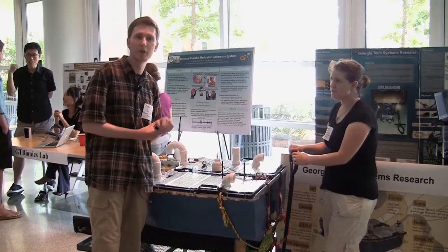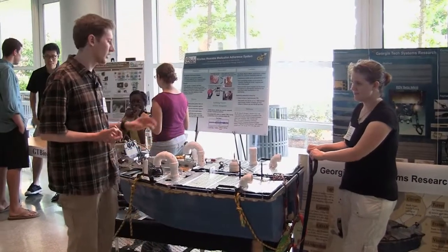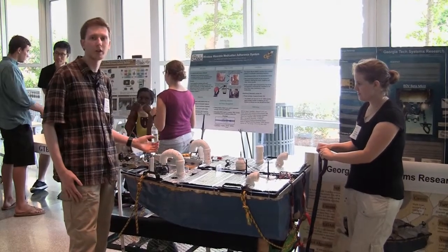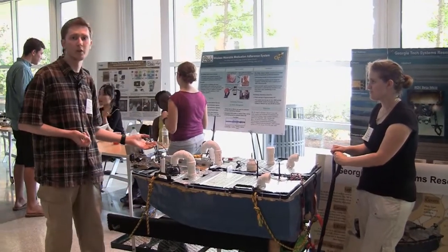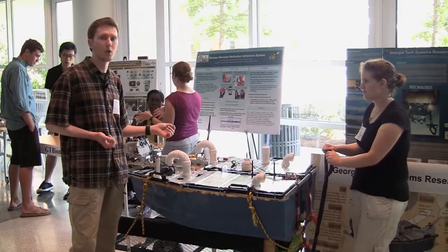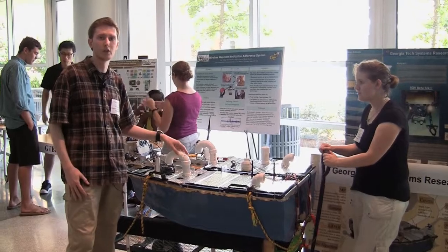If we're operating somewhere like out in the field where we're not right next to the shore and we can't stream Wi-Fi, we have a long-range wireless network link that can go out to 30 kilometers where we can send basic communication commands. So a task that we've used this for is we've taken this vehicle down to Louisiana after